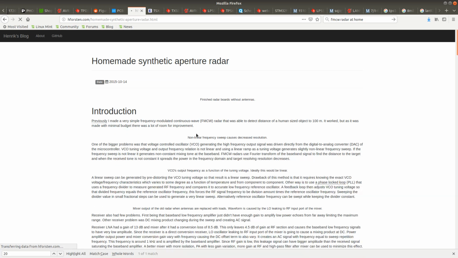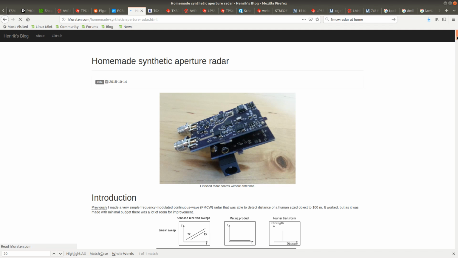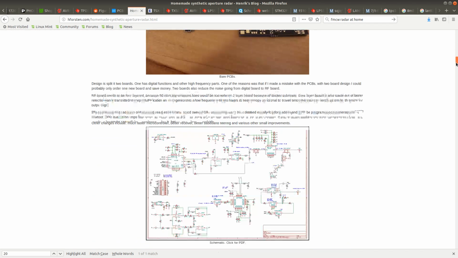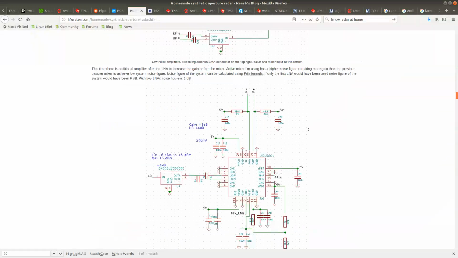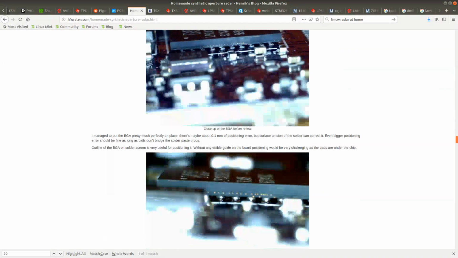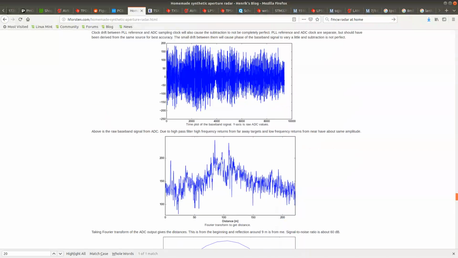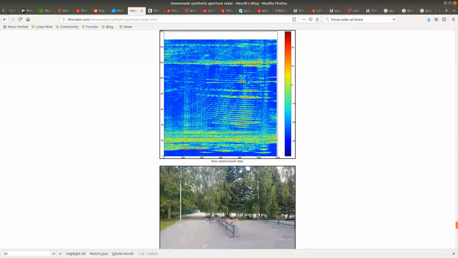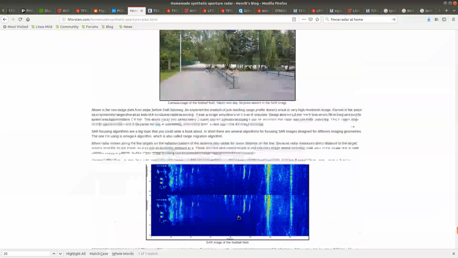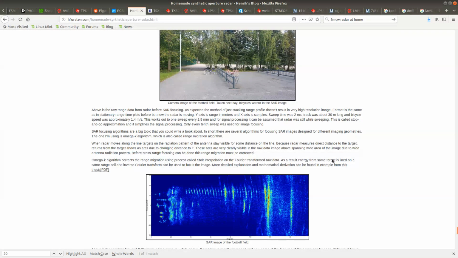He built a synthetic aperture radar, where this synthetic aperture is actually just a calculation that is done on the returning signal, which can produce things like this, for example. So all the images combined can pretty much produce the image of this view,